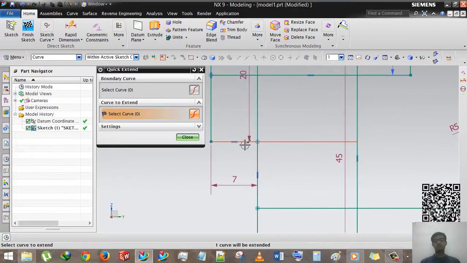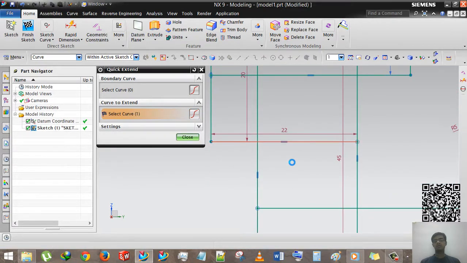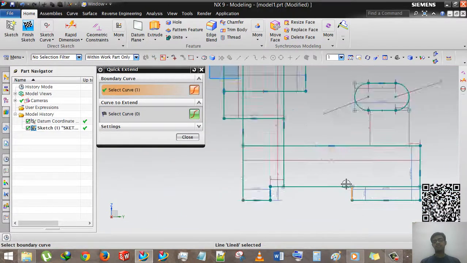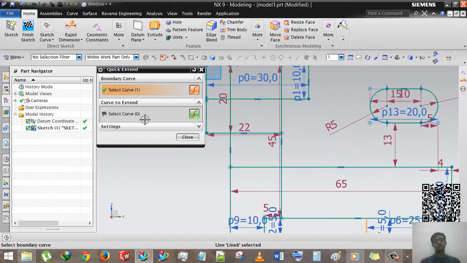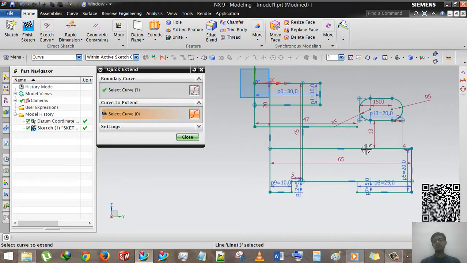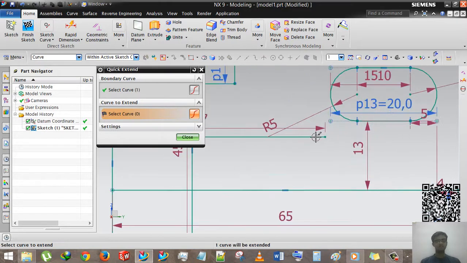Here if I want to extend this line up to that, I just click this line and it will automatically extend up to that. Now what do boundary curves do? I am just selecting boundary curves to this, and you can see that this curve will automatically extend up to this line in space, obviously.